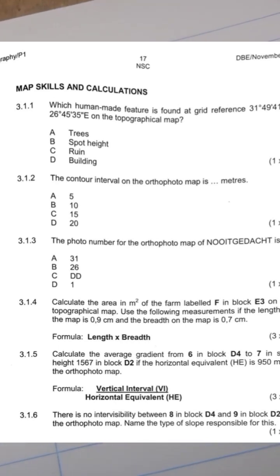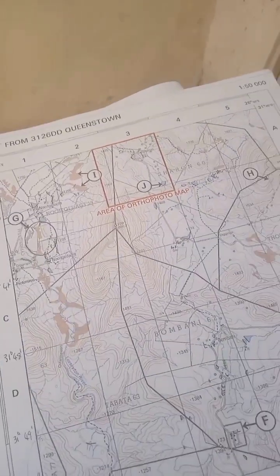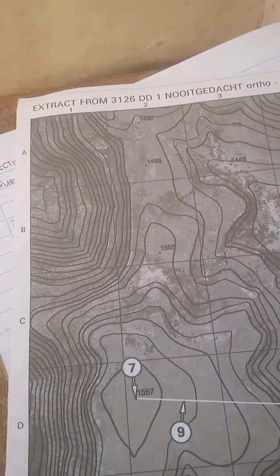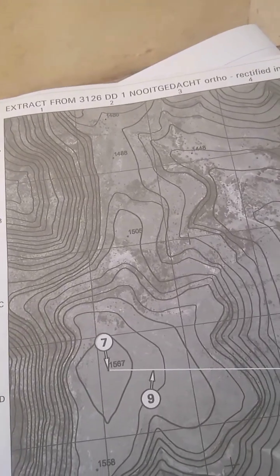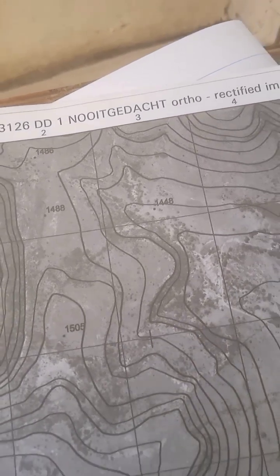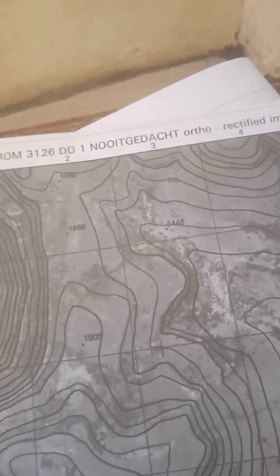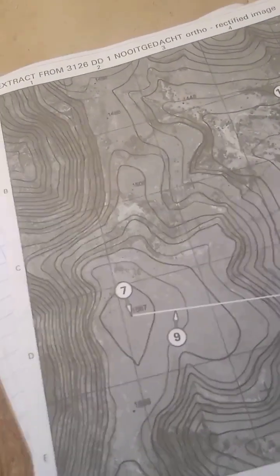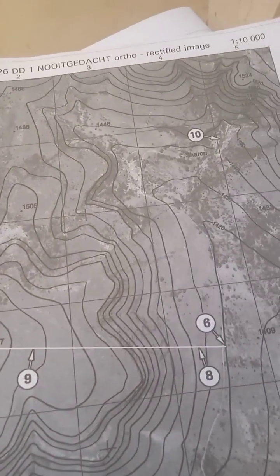3.1.2 says the contour interval on the orthophoto map. Okay, contour interval on the orthophoto map. So this is a Queenstown topographical map, and this is an orthophoto map. So what are they saying? They're asking about the contour interval. Contour interval, again, guys,